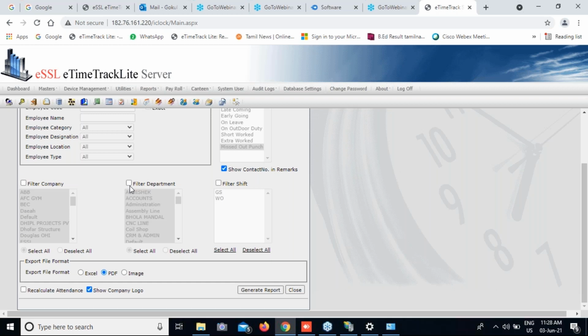That is not a problem. The only thing is we can identify based on the selfie as well as the punch location. We can identify who has made the punch. It also collects the GPS location. It will show the lat and long values also in the master application.